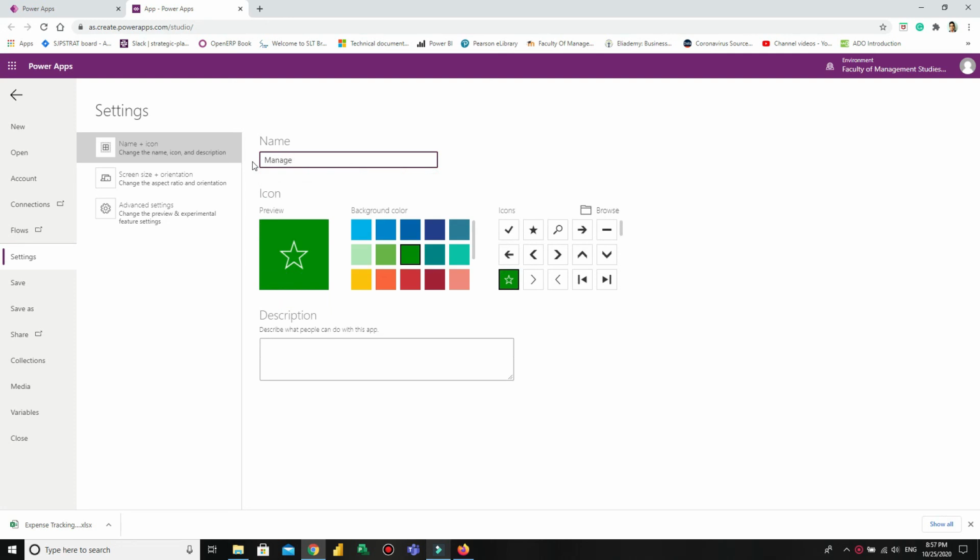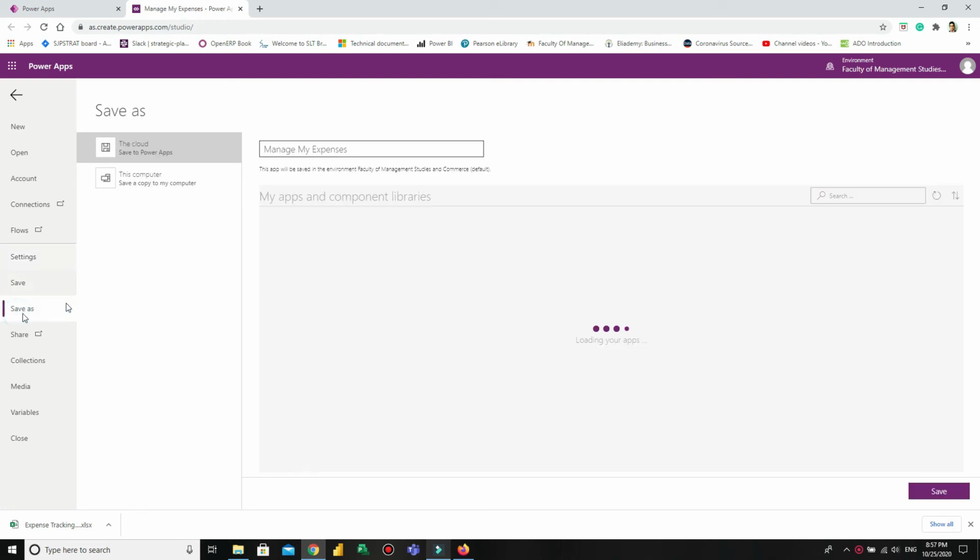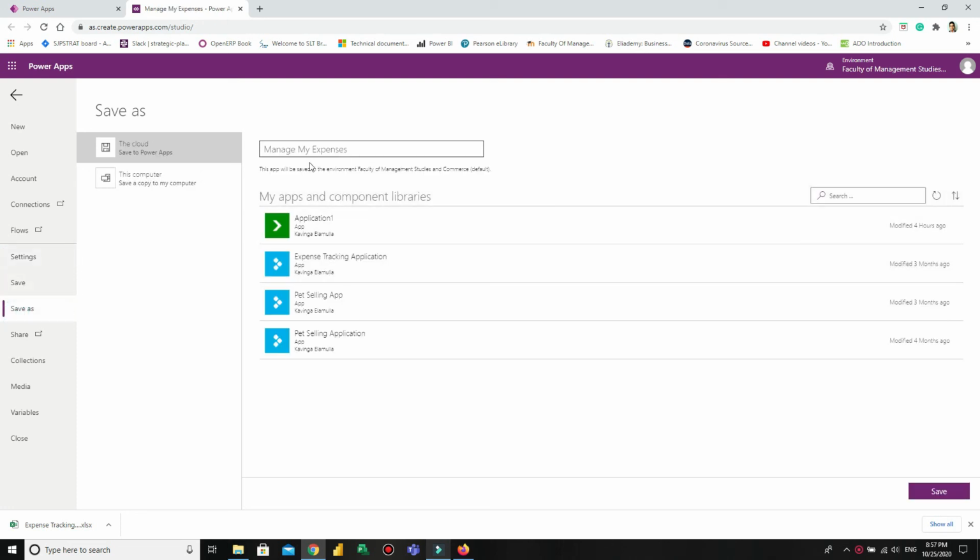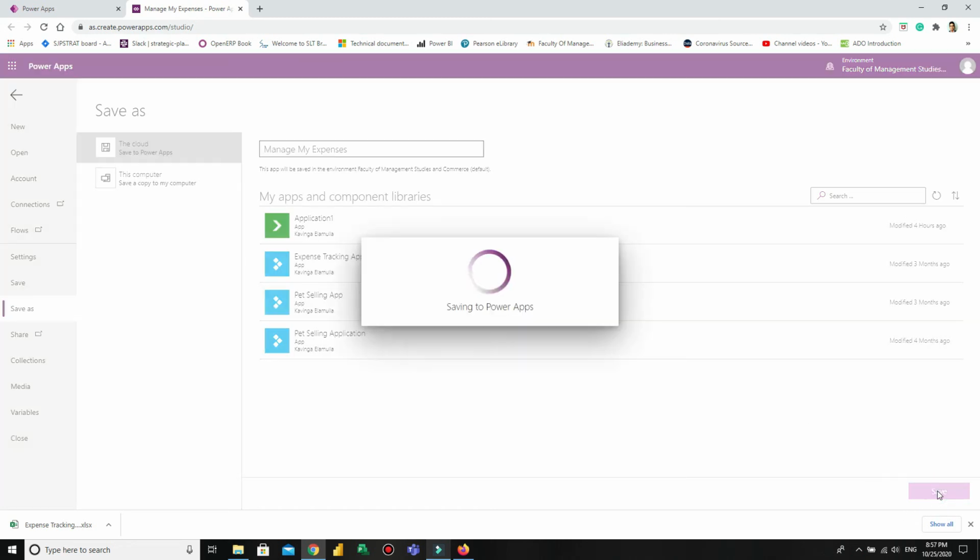And if you want, you can give a brief description to your application. Then you can click Save As on the left hand side and then click Save. So now your application is saved successfully.